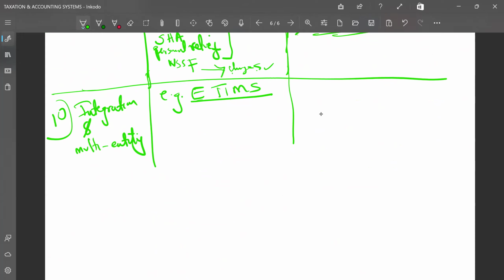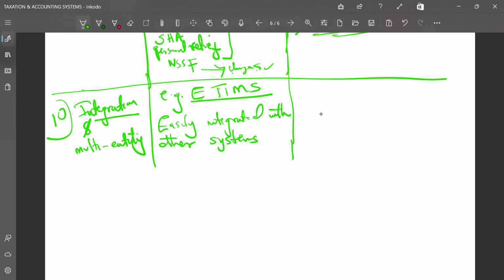eTIMS needs to be integrated using the accounting system you use in your place. Now, if you are working with a cloud-based accounting system, it needs to be able to be integrated easily with eTIMS. So an online or a cloud-based accounting system can be easily integrated with other systems, because they are flexible. And coding of the same can easily be done because most of it is remote. Most of it is cloud-based, right?